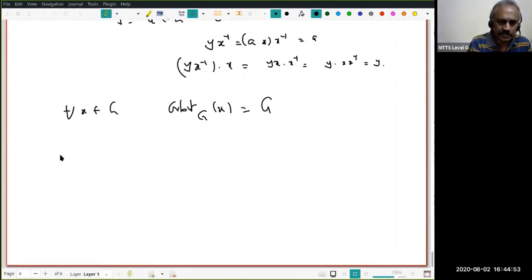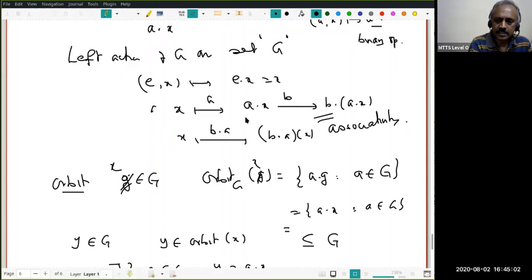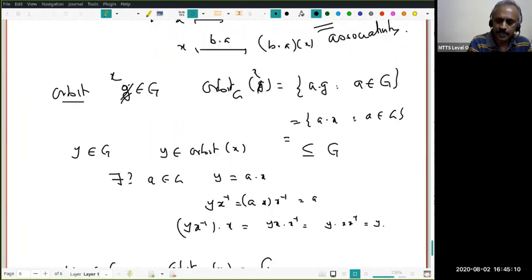Now, before this itself, can I define right action? I defined left action. What did left action do? Start with an element x, then it went under A to A dot x. That is, you are multiplying x by A on the left. That's why I call it left action. Therefore, what should be right action?